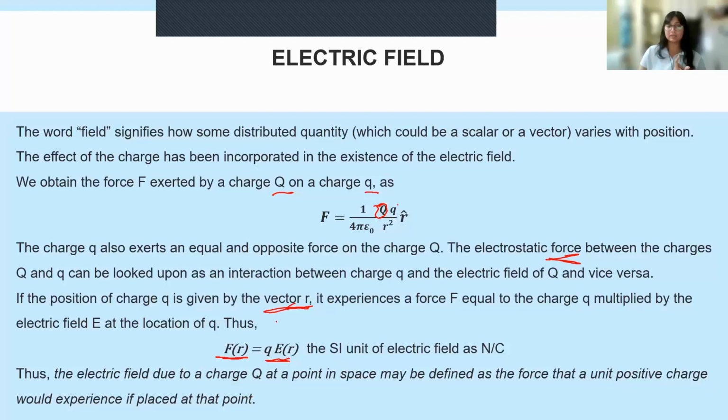So we place the small charge q in the electric field that is due to Q, and the field is thus the field of charge Q. The field due to this charge is going to be defined as the force that the unit positive charge will experience because it is being placed at that point within the field